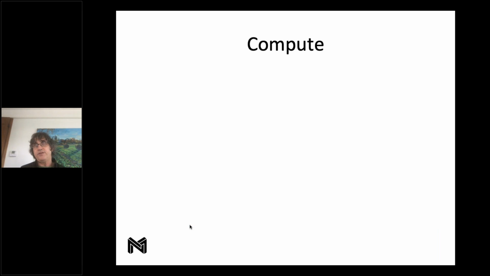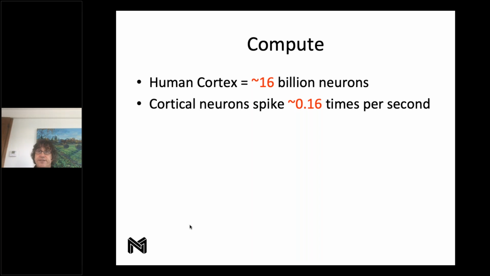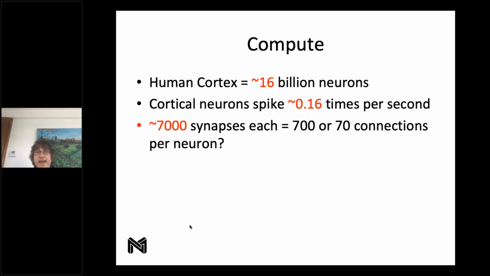So let's think about the compute that's involved in actual neural tissue, and compare it to the amount of compute that we are generating now with our beautiful TPU pods. The human cortex has about 16 billion neurons. That's the number of neurons in your head. And from energy considerations, we know that cortical neurons spike about 0.16 times per second. So based on that and knowing how many synapses each neuron has, we can try to guess,